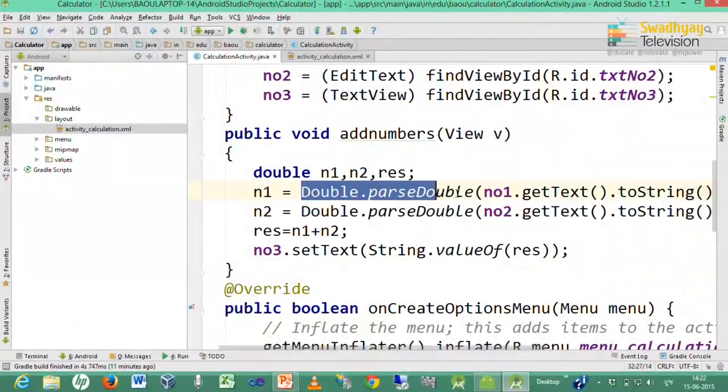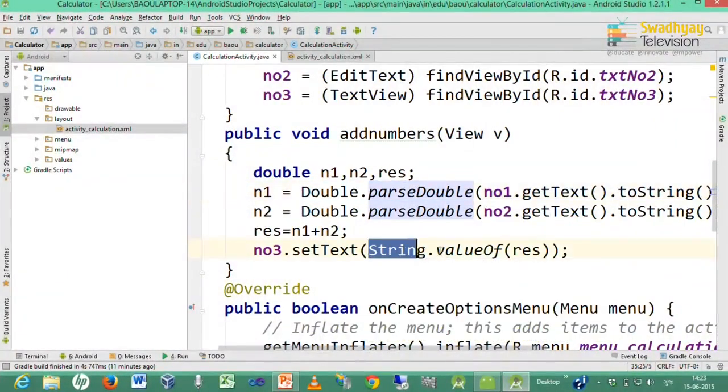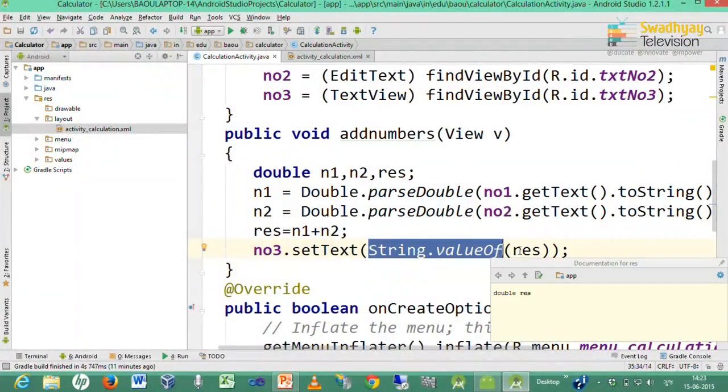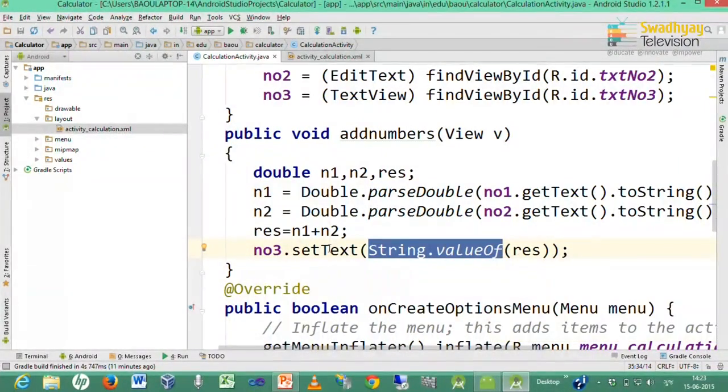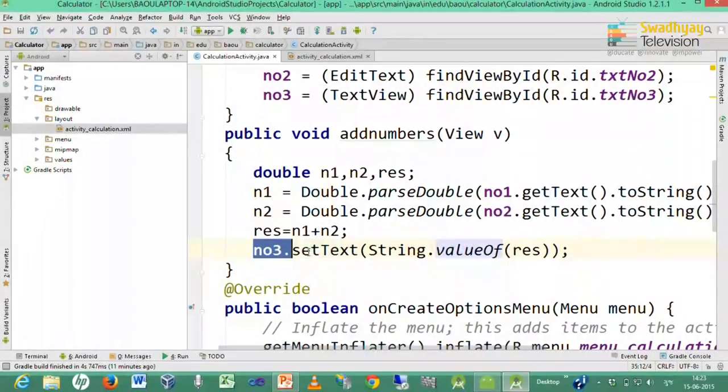Likewise, Double.parseDouble converts a string into a double. Here String.valueOf converts this number into a string, and that string is set inside the last text view. So, we have the code ready for addition.